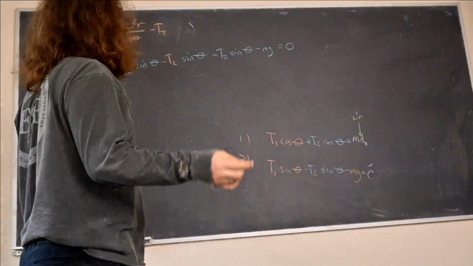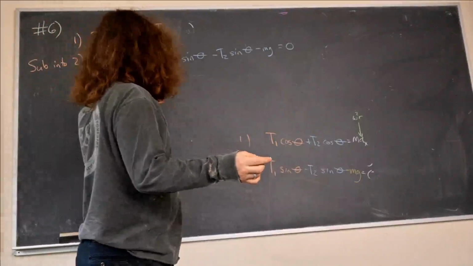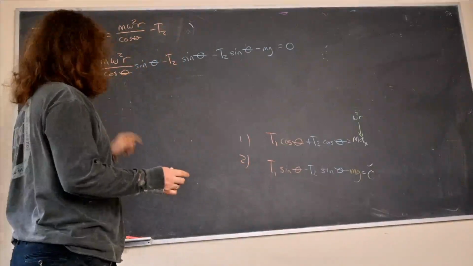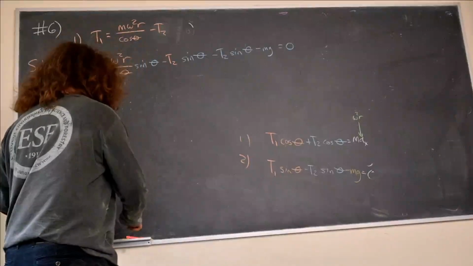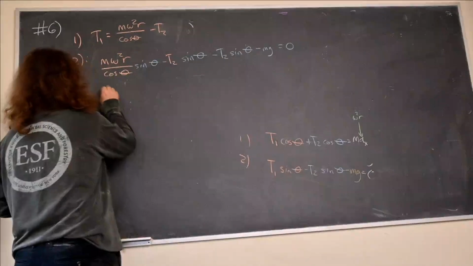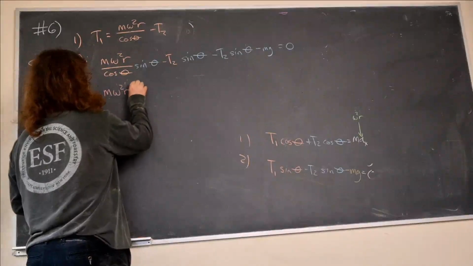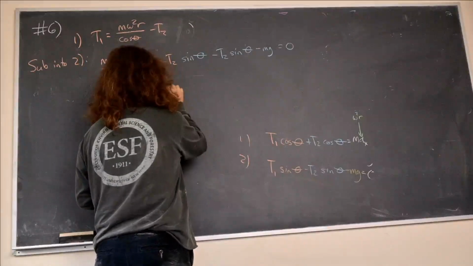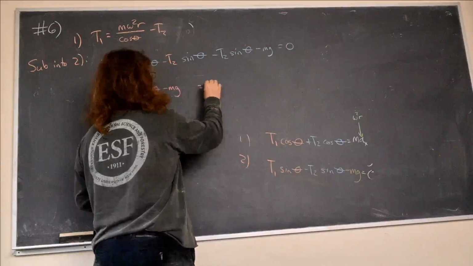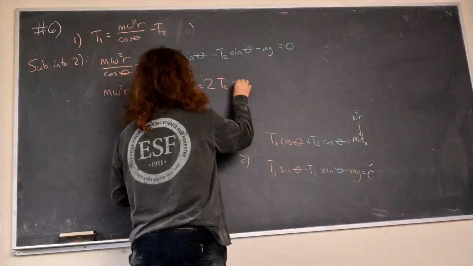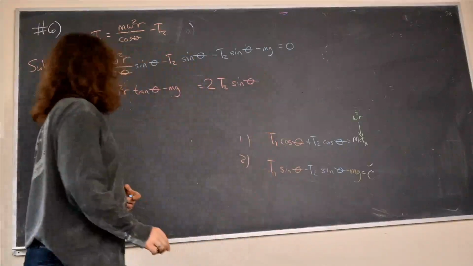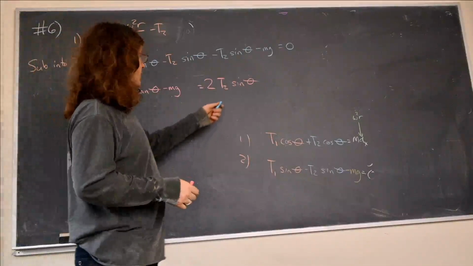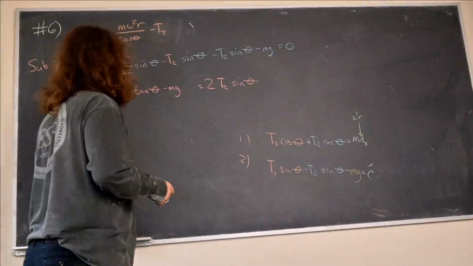So this looks kind of god-awful, right? But I can combine things, and I notice that sine theta divided by cosine theta is tangent. So this gives me m omega squared r tan theta minus mg equals 2 T2 sine theta. That's not so bad. I can now divide by 2 sine theta